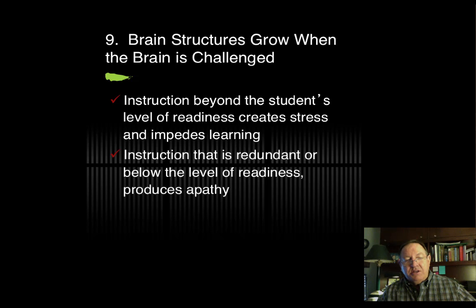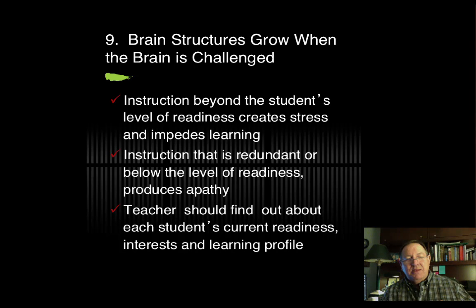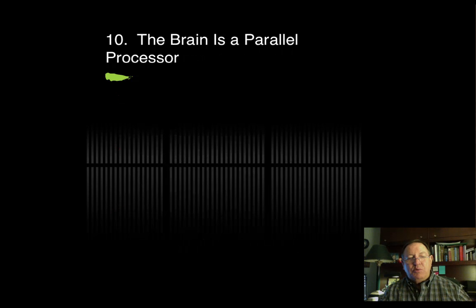Instruction that's boring, redundant, below where they are ready, where they already know this, then you get apathy. Your students say, yeah, I know this, I don't want to do it, or it's too slow, I got this when you said it the first time. You need to find out where your students' readiness levels are, and make sure you apply and approach it at